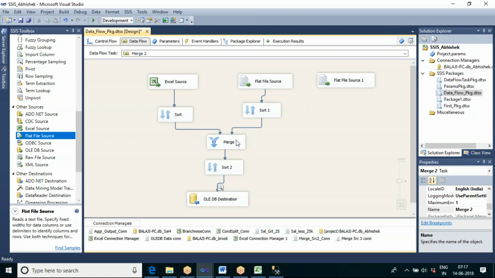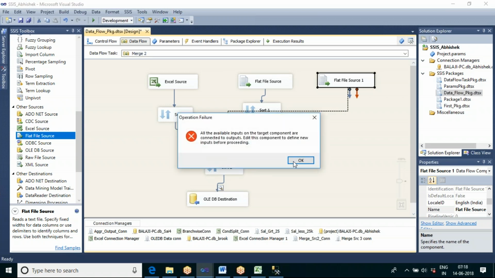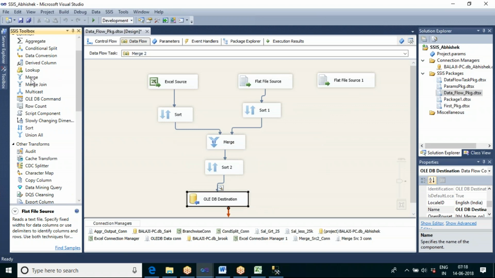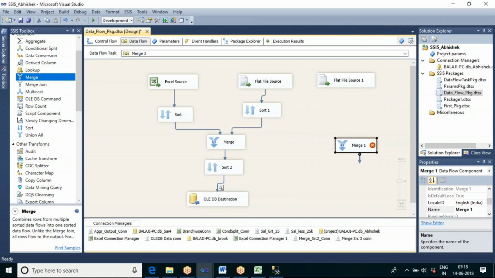But my customer or my manager is telling me, no, Krishna, somehow we need to combine this third source also. Then what can you do? I need to club this source input also into the output. So one option is I can take one more merge.